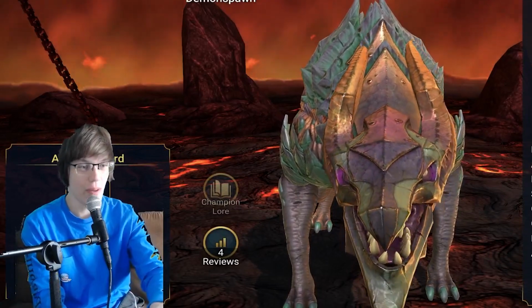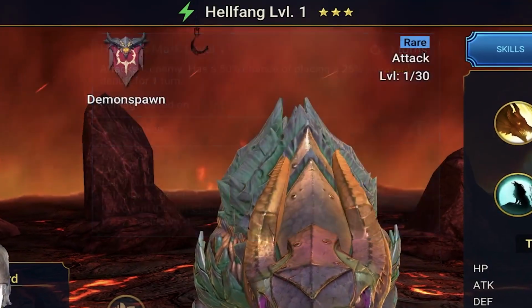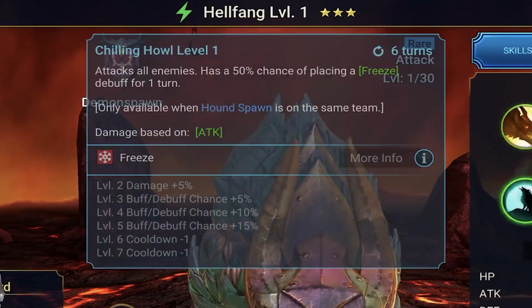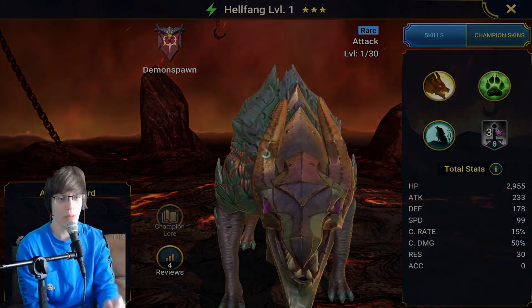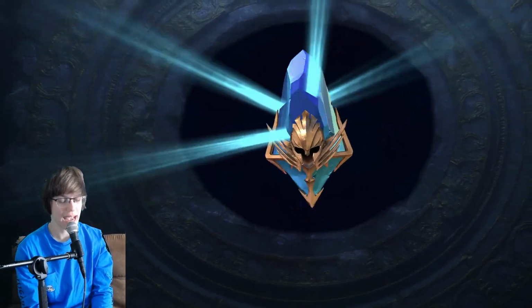Hellfang, not what we want, guys. He does some interesting stuff with Hound Spawn, right? Where Hound Spawn will, like, ignore 100% defense, deal pure damage, whatever. But not really what we are looking for at all on this account, guys. Let's see what else we can...